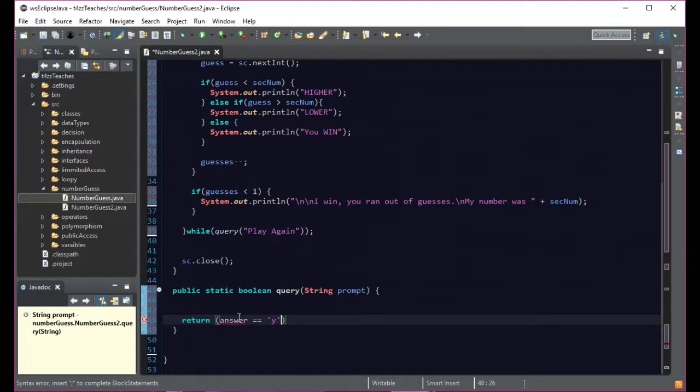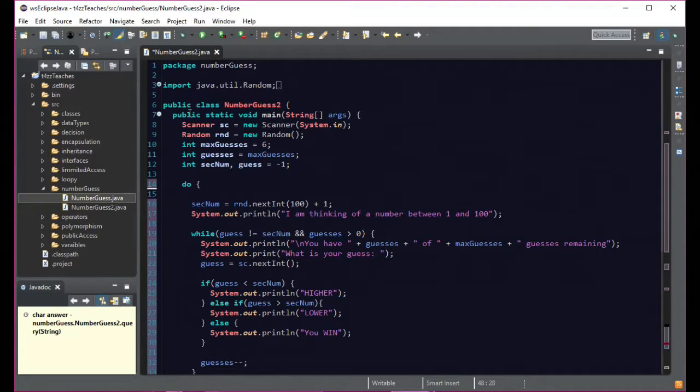So this is not going to like it still because it doesn't know what answer is. So we're going to fix that a little bit by saying char, because it's a character that we want, answer. So now we have answer. Oh, and of course this needs a semicolon. One other thing we want to do for this is, we talked a while ago about